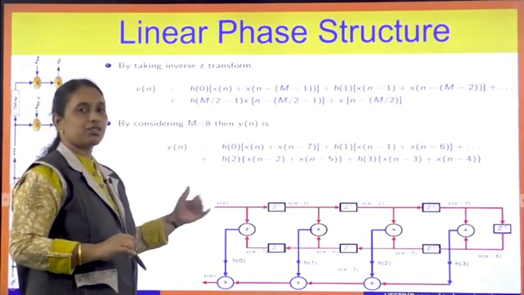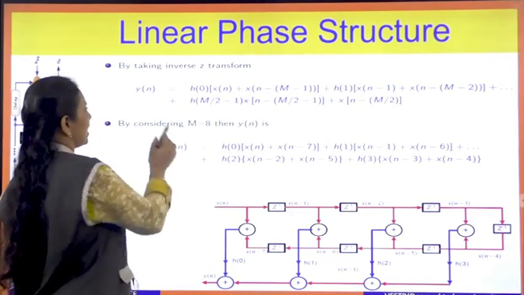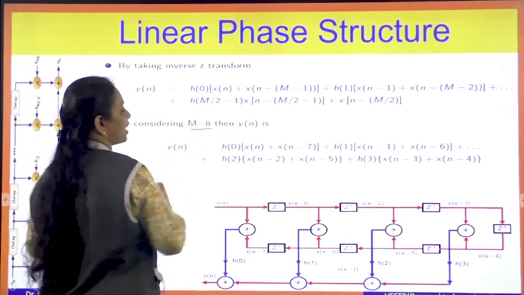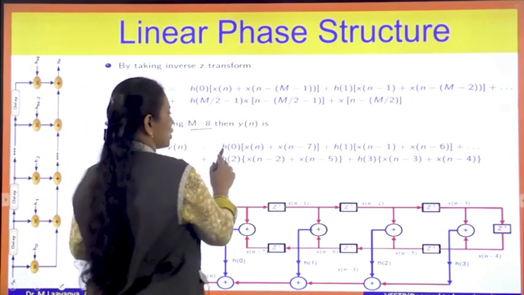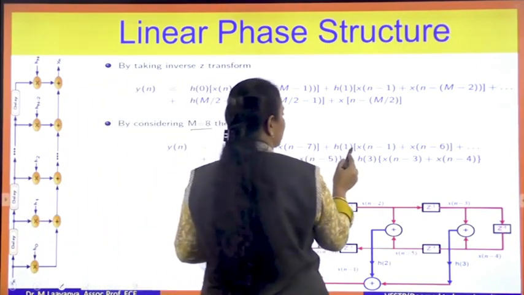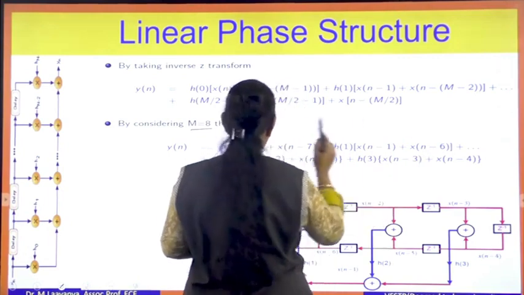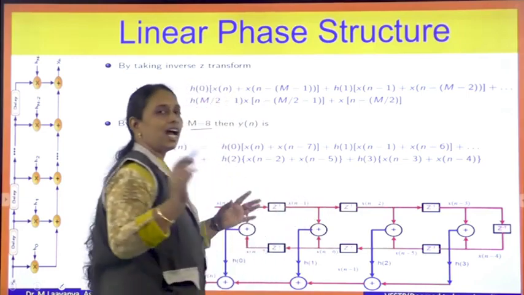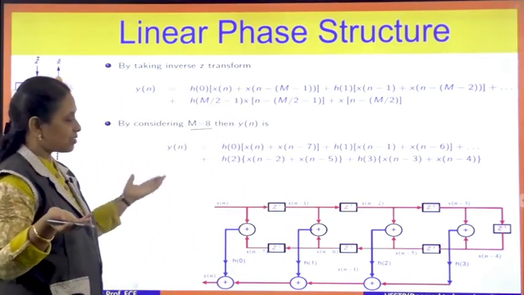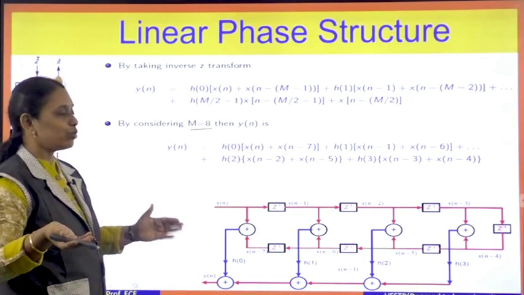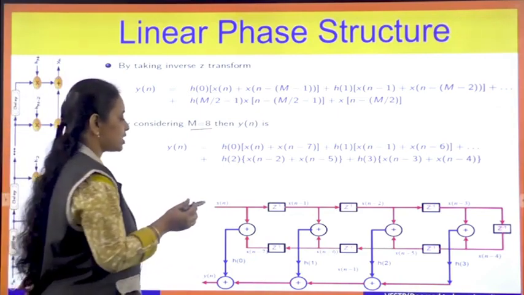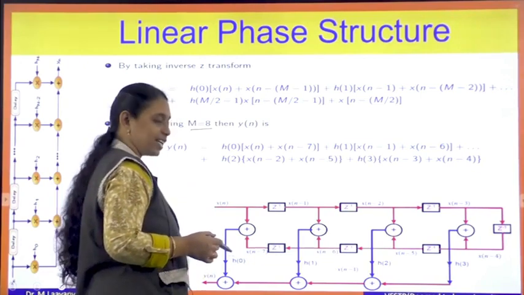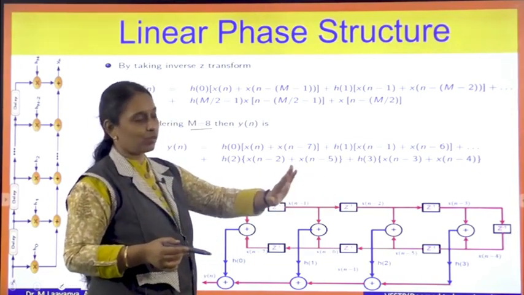So for realization of this particular equation, let us take y of n for limited values. So we have taken m is equal to 8. So the 0th value and 7th value are equal, first value and 6th value are equal, second value and 5th value are equal, third and fourth value are equal, and there is no center of symmetry as we saw earlier. Now how to draw this structure? Listen carefully. First I will give the input on my left hand side. This output I can take either on the left hand side or on the right hand side, both are correct.